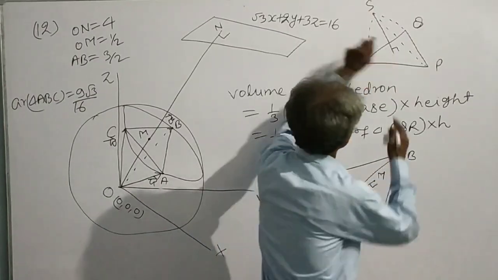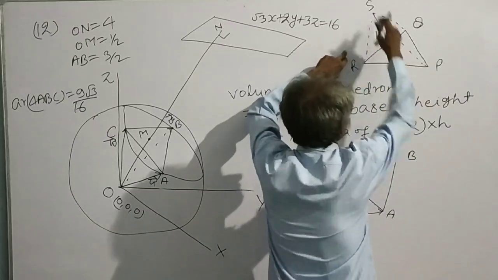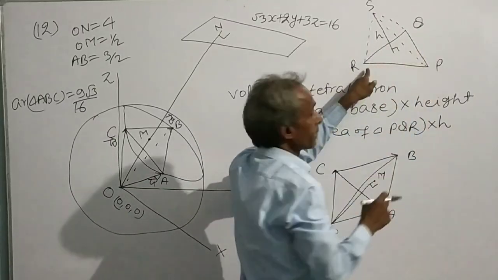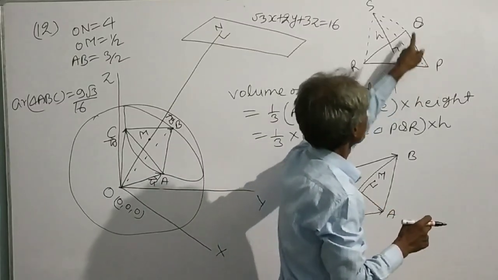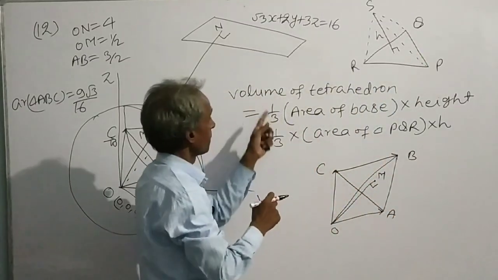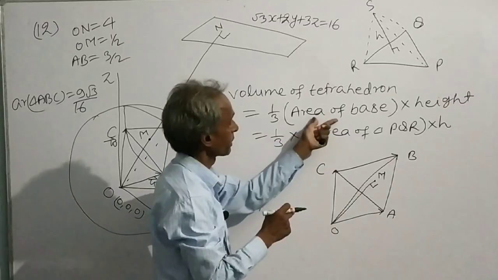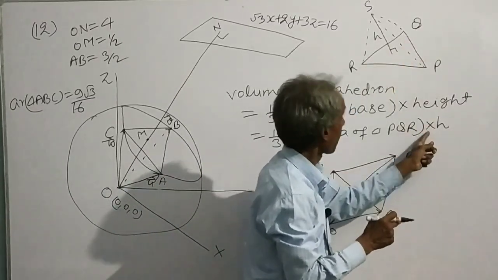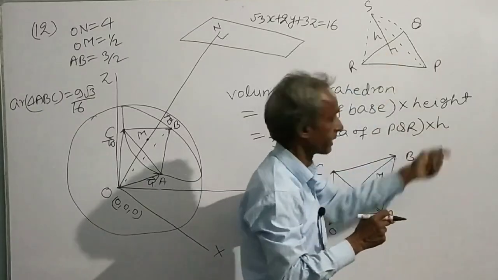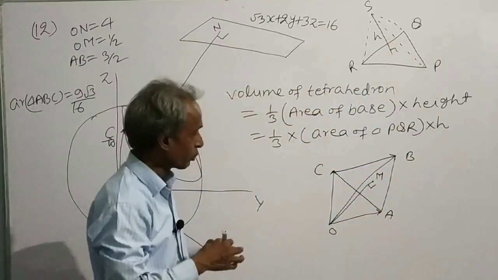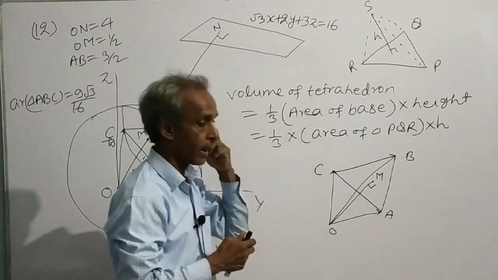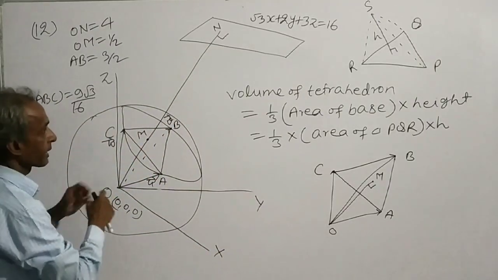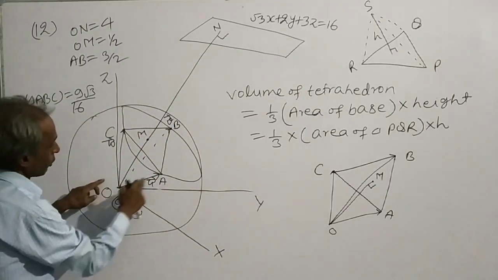Suppose this is H and triangle PQR is taken as the base, then this will be equal to 1 by 3 times area of triangle PQR times this height H. By using this formula, the volume of this tetrahedron